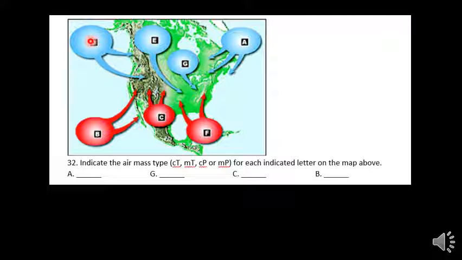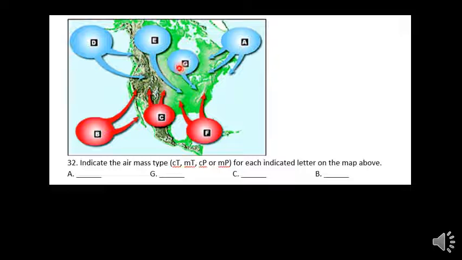Up top here, it's colder now. All these are going to be colder up top. So these are all going to be polar air masses, but because it's over water, it's maritime polar, mP, lowercase m, capital P. These two are over the continents here, so these are going to be cP, continental polar, dry